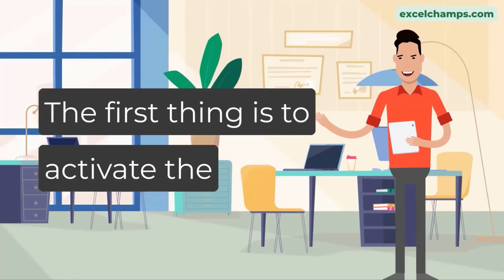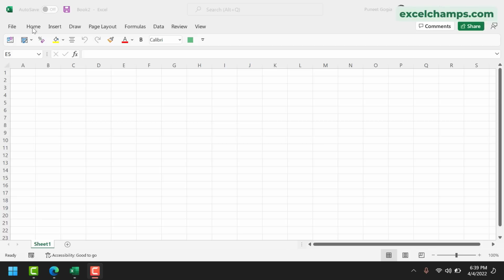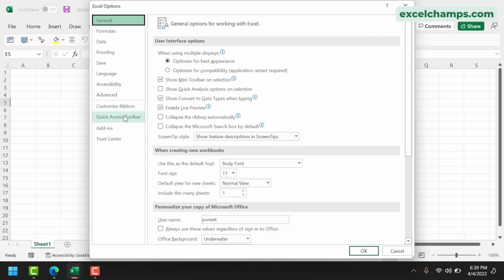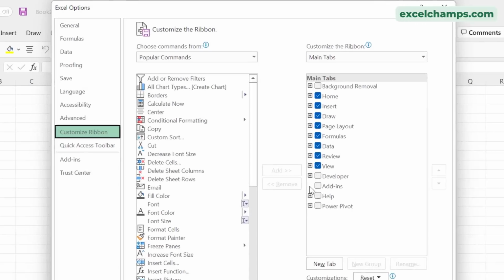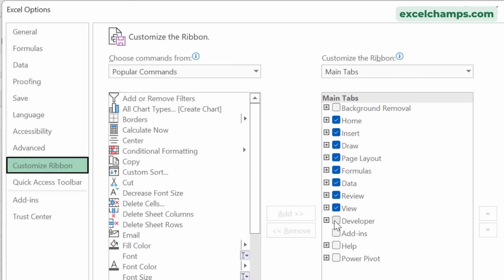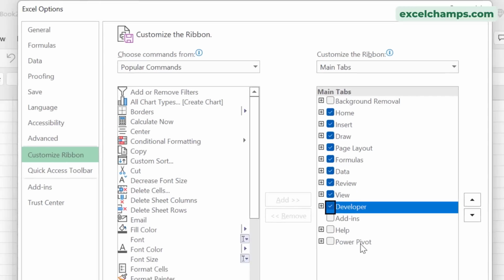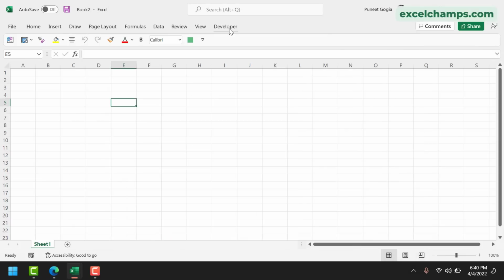So first thing is to activate the developer tab to get that application. So for this, I'll go to the file tab and then click on more and then options. And from options, I will go to customize ribbon. Now from this customize ribbon, I will tick mark developer tab. So I want to have developer tab on the ribbon and then I'll click OK. So I have this developer tab here, and when I click on this,